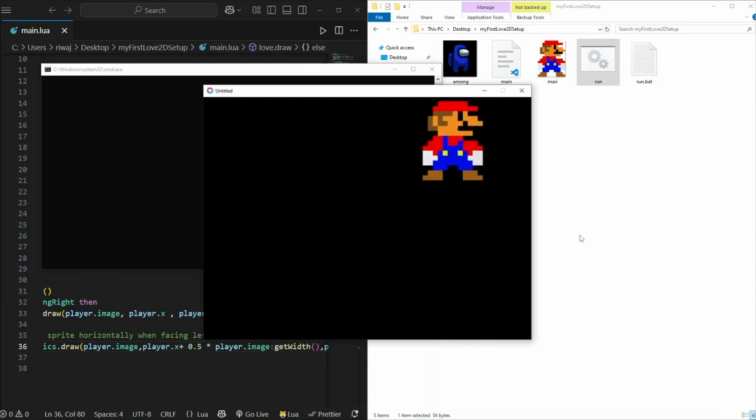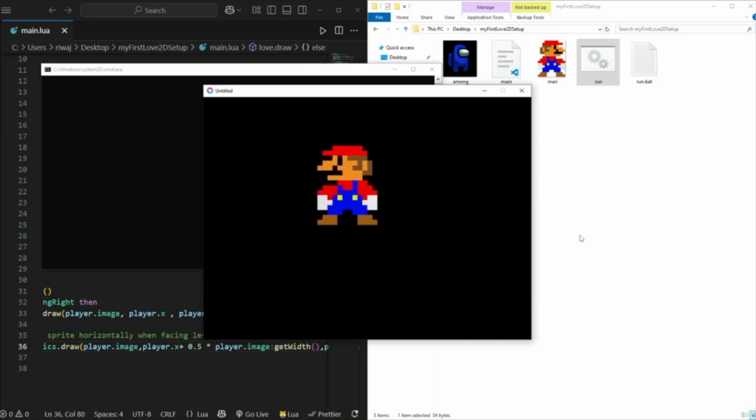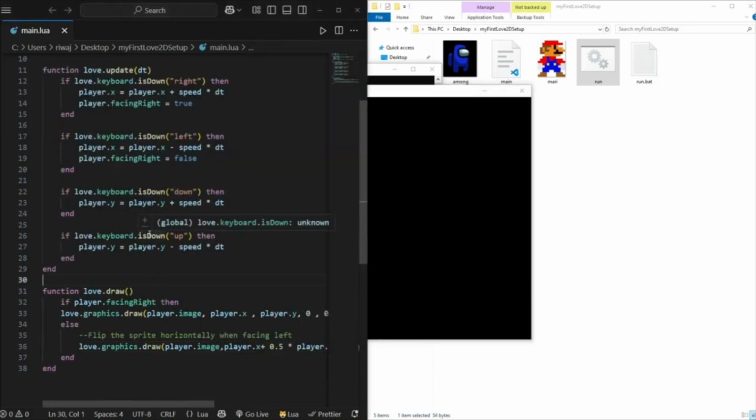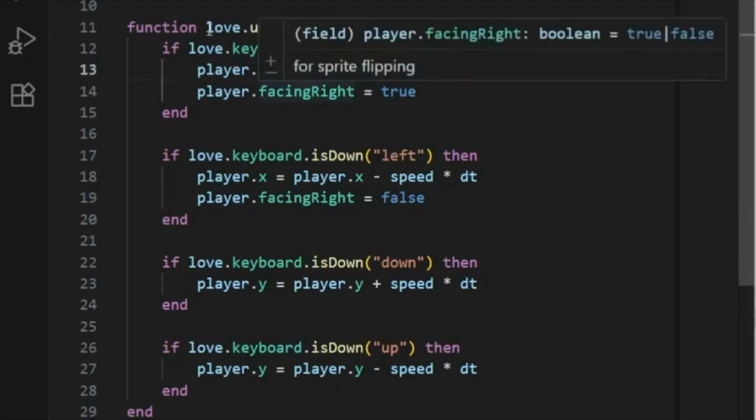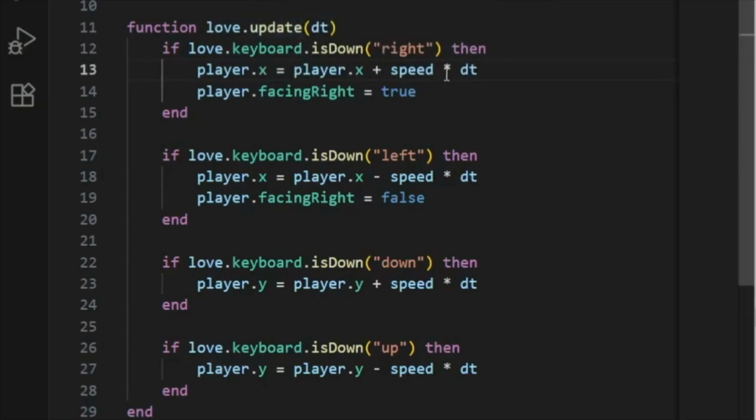So right now the player can walk right off the screen if he or she wants, and we don't want that. So let's fix that by clamping the player's position so that they can't go outside the game window. We'll do that by using love.update, and inside love.update, after this line, if love.keyboard is down right, then